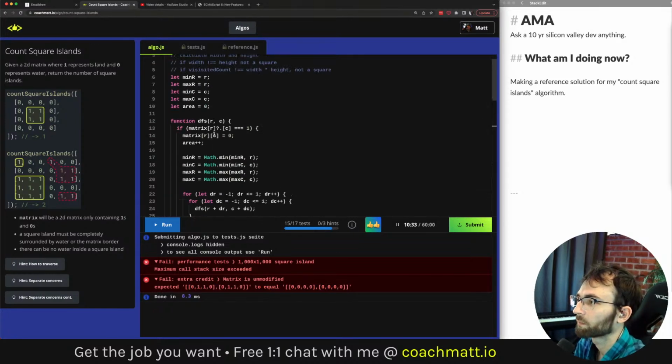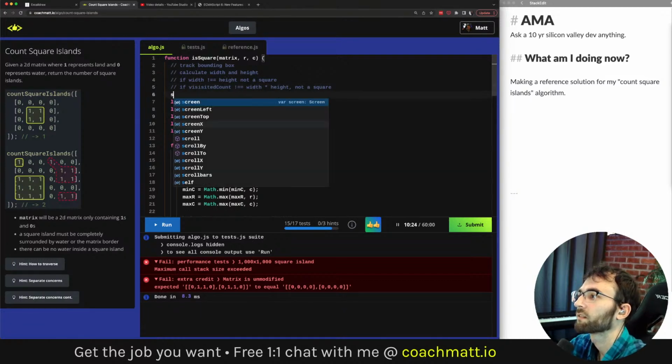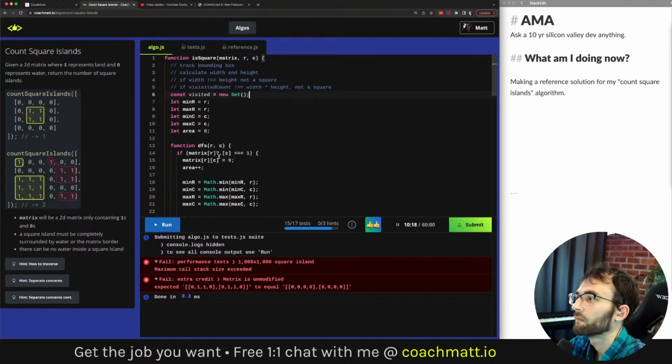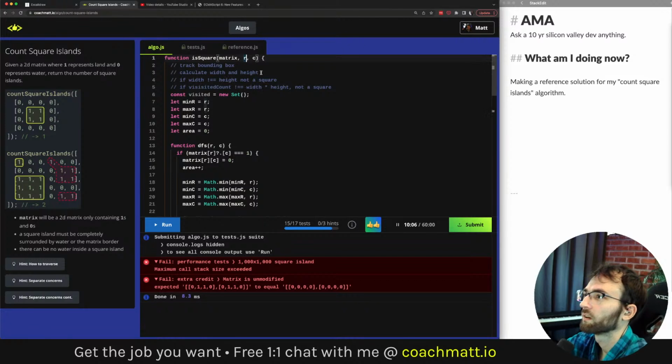So essentially, what we can do, as I was saying before, is have a visited set, and for each coordinate that we visit, just add it to this visited. Make sure we're not looking at the same one twice.